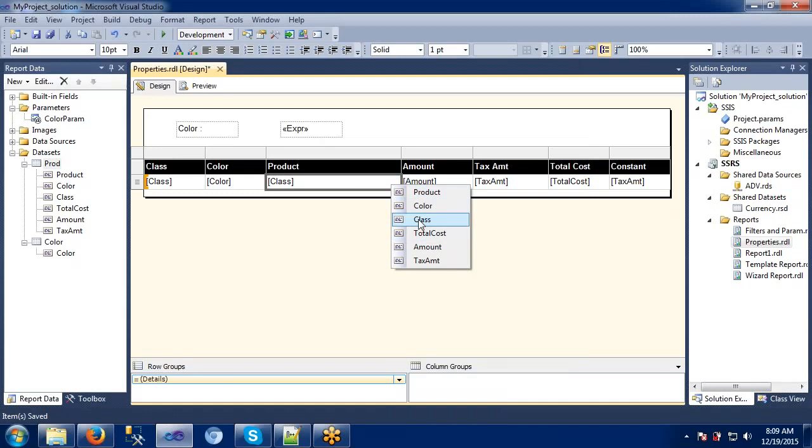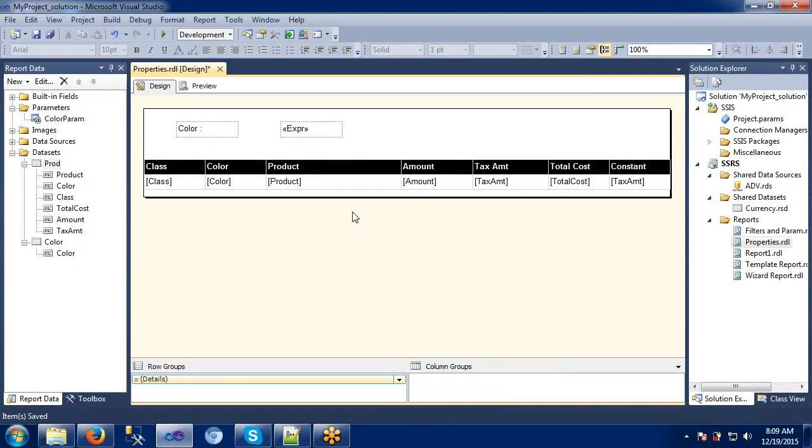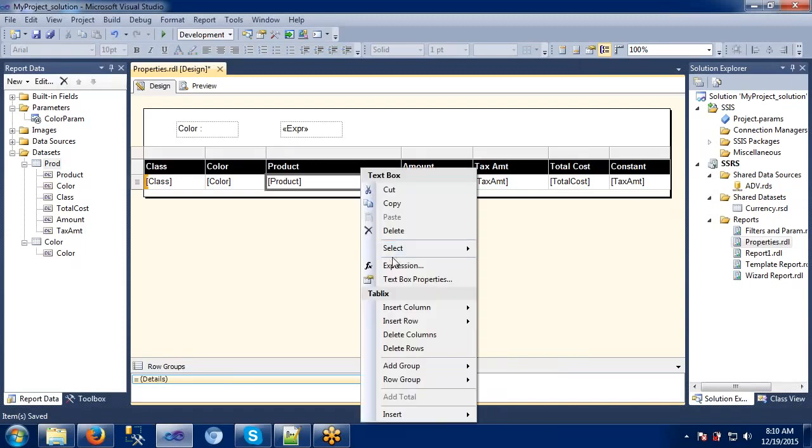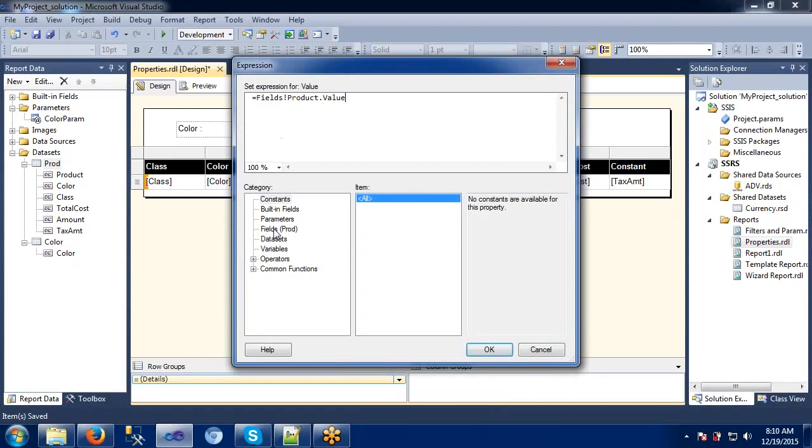Selecting through this option or going to the expression and selecting that particular field, both are the same. If I select product, then in the expression it automatically shows me the same, product dot value.